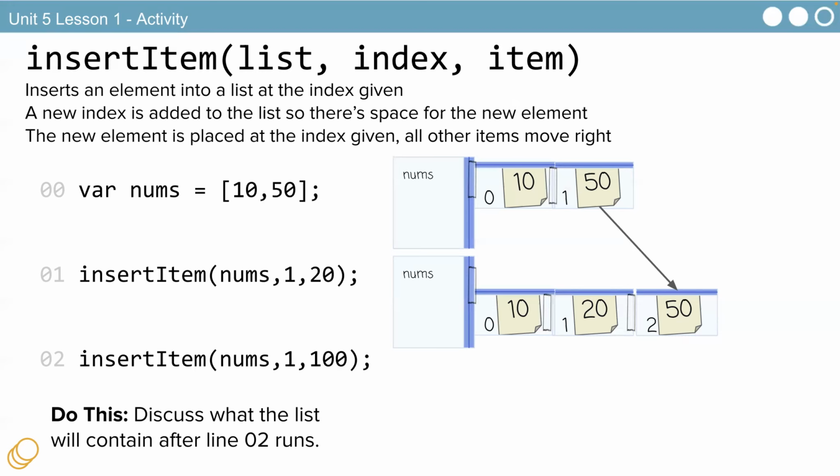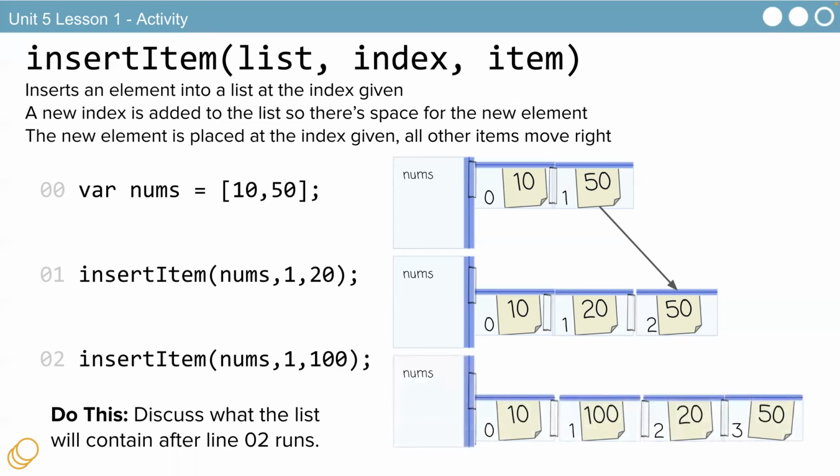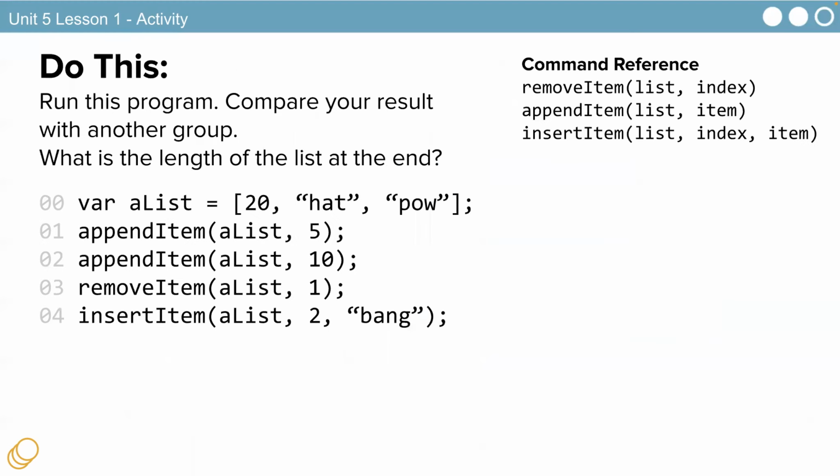So if we insert another item into this list at index 1, 100 will be at index 1. So what are the others? 10, 100, 20, 50. All right? Now that you know all the other stuff, this one. Yeah, we went back to those confusing things. Okay, so here we go. With your partner, run this code. You will not be able to. It's much easier if you write it down.